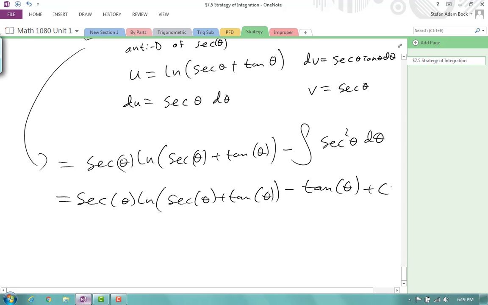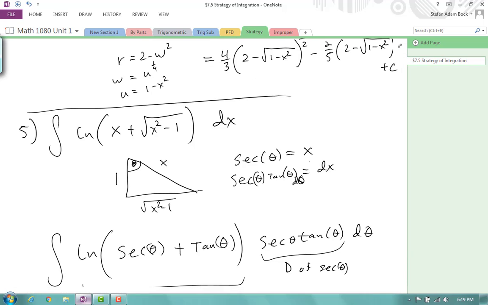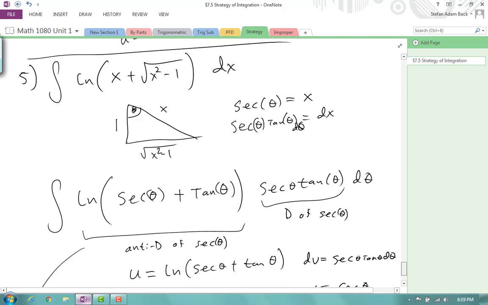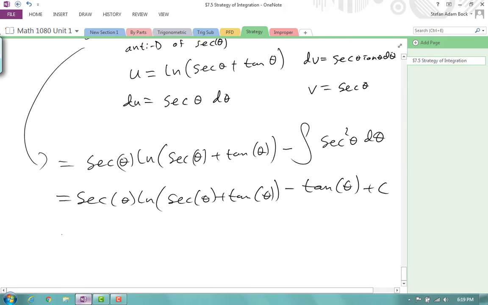So all I have to do now is undo my thetas. Well, secant of theta was equal to x, tangent of theta was equal to the square root of x squared minus 1. So this should be an easy unsubstitution of x, natural log of x plus the square root of x squared minus 1, minus the square root of x squared minus 1